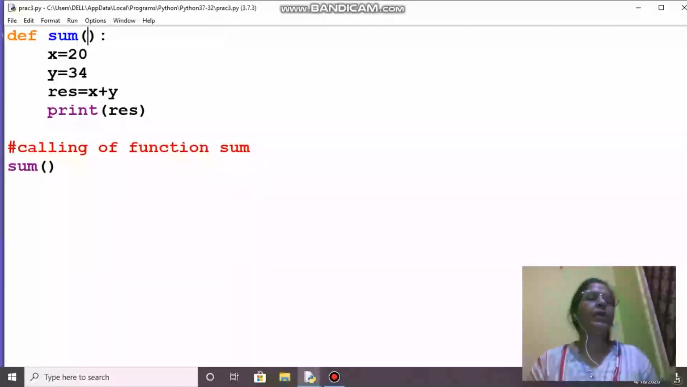It is empty. So this part is empty, which means that when we are calling the function sum, it is not sending any value, so it is not receiving any value over here. And in the second example further,